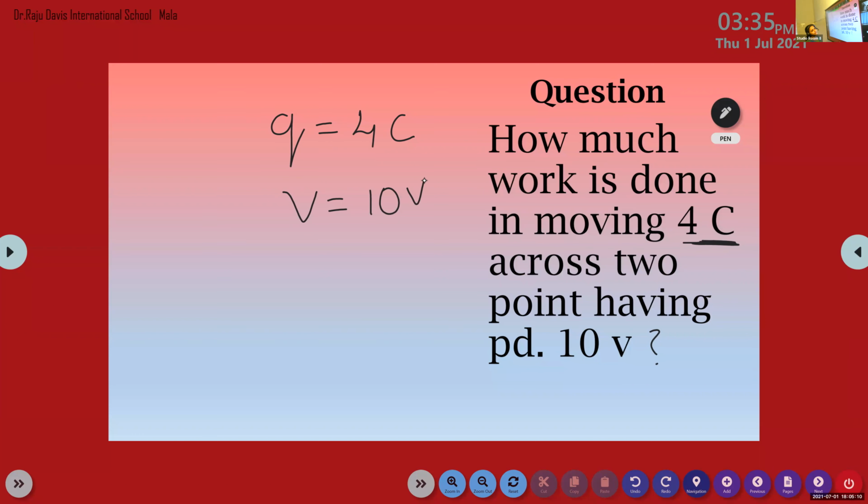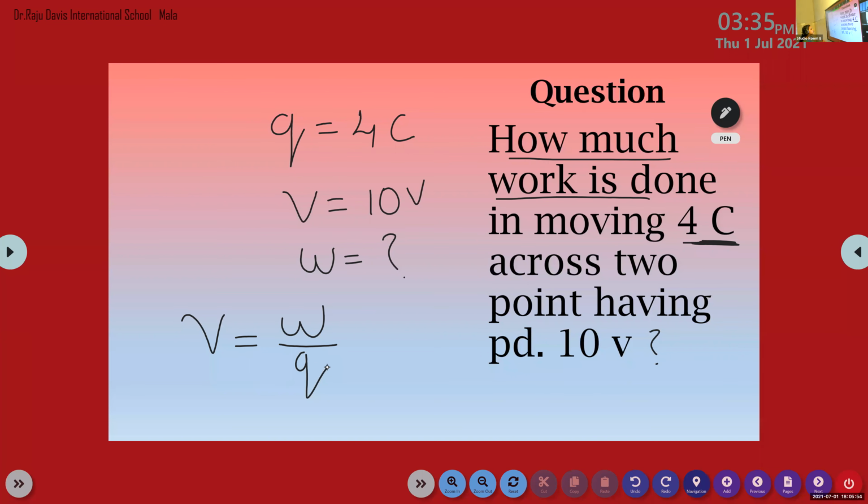And what do we want to calculate here? Here the voltage is already provided and the charge is given. Then what do we want to calculate? Read the question. The amount of work. Yes, we want to calculate W. What is the equation for calculating the amount of work? What is the relation between Q, V and W? The voltage V is equal to W by Q. We studied a relation for calculating the potential difference or voltage.